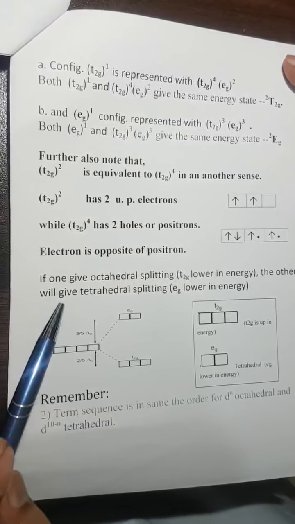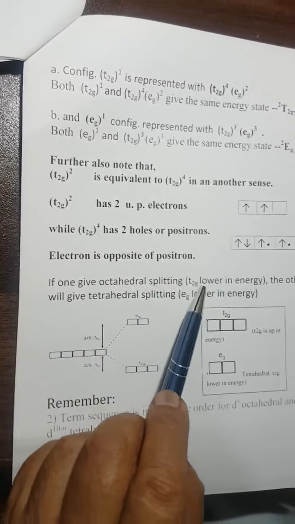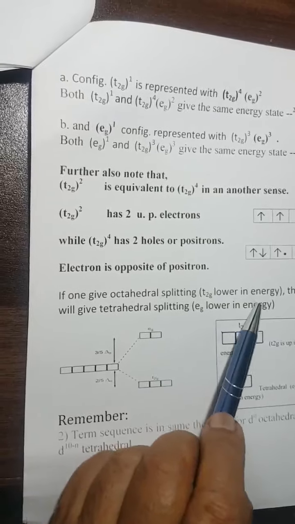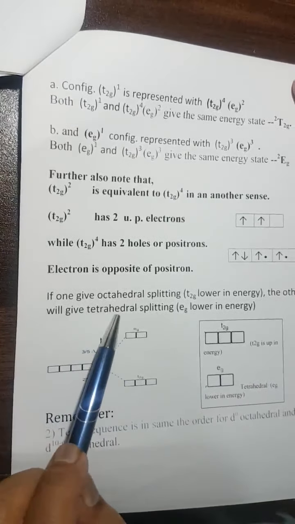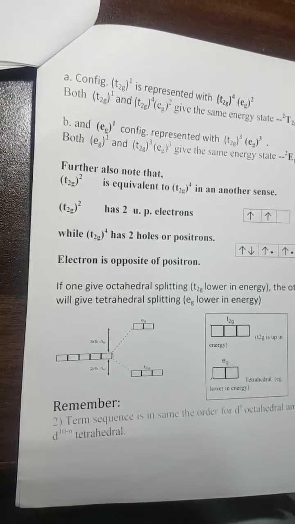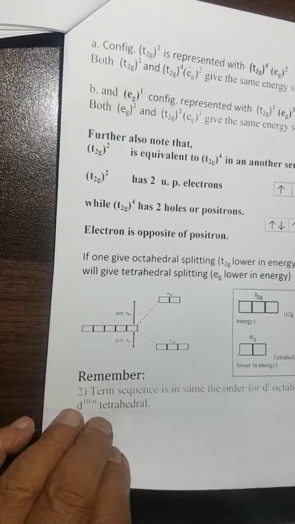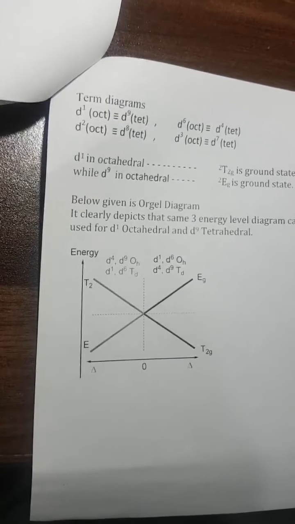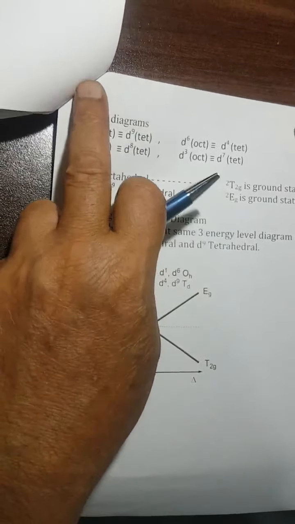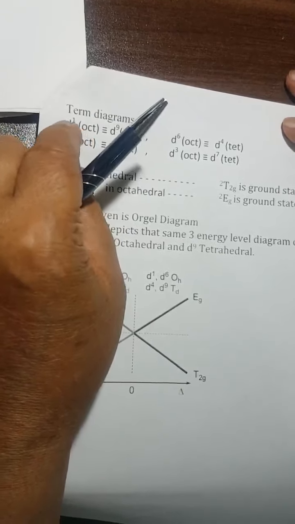So if one gives octahedral splitting with t2g lower in energy, the other will give tetrahedral splitting with eg lower in energy, up energy and lower energy. And finally, I think this will explain it. Term d1 is, okay, this is 10 minus 1 is